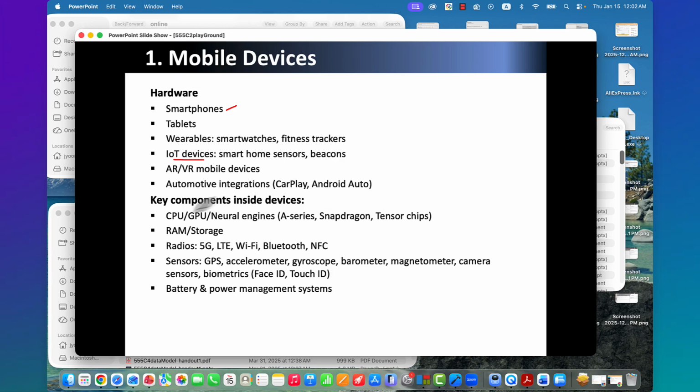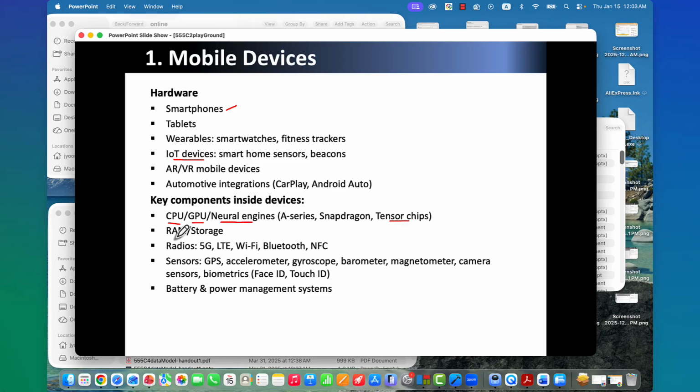Key components inside the device. It has a CPU and GPU and neural engines. So Tensor chips, A series, Snapdragons, RAM and storage, of course, there, right?